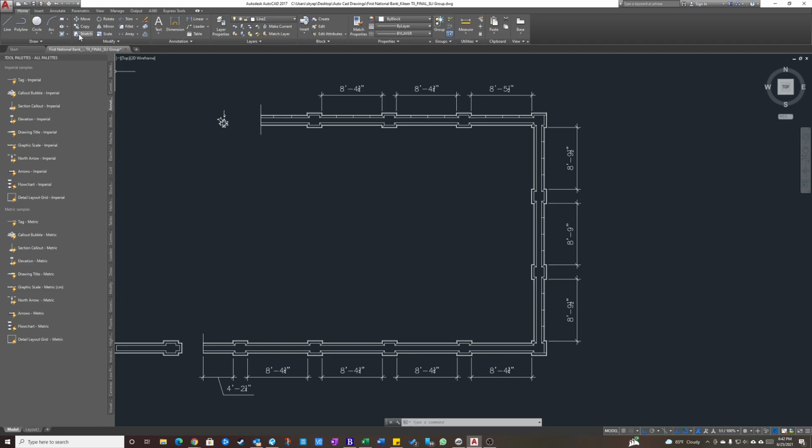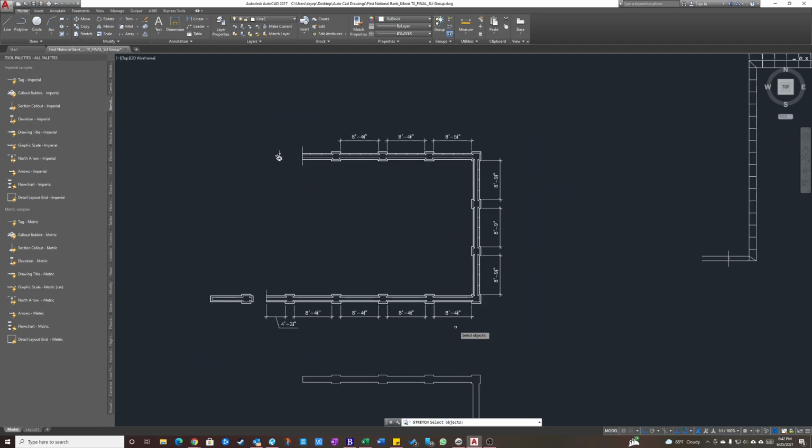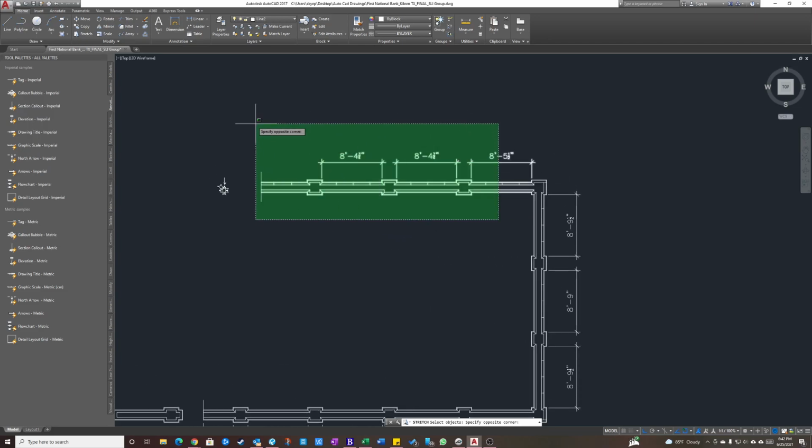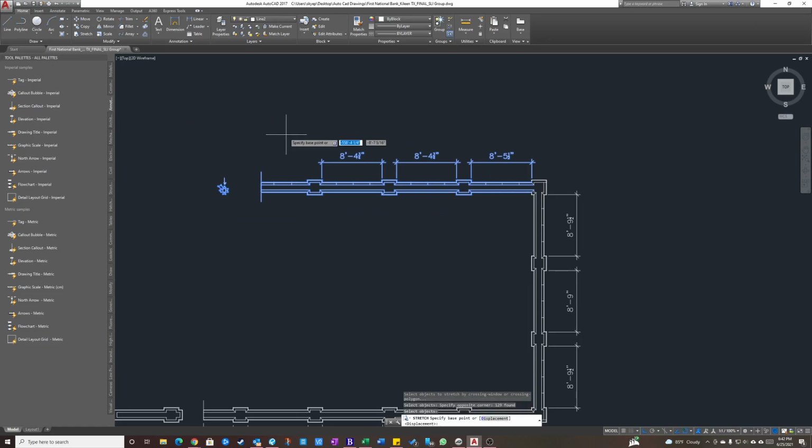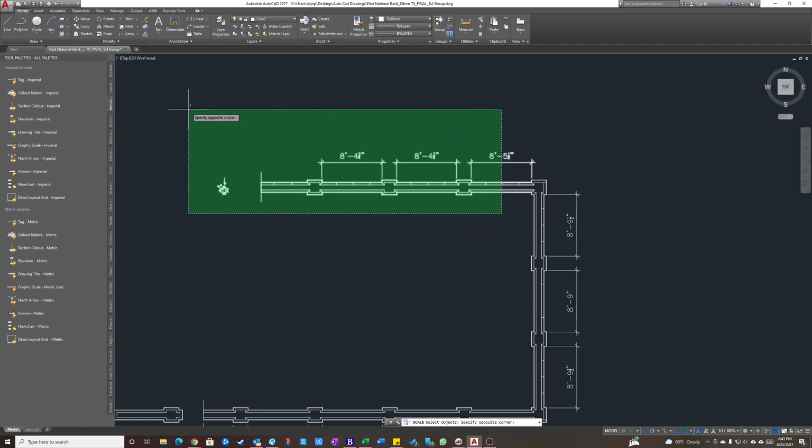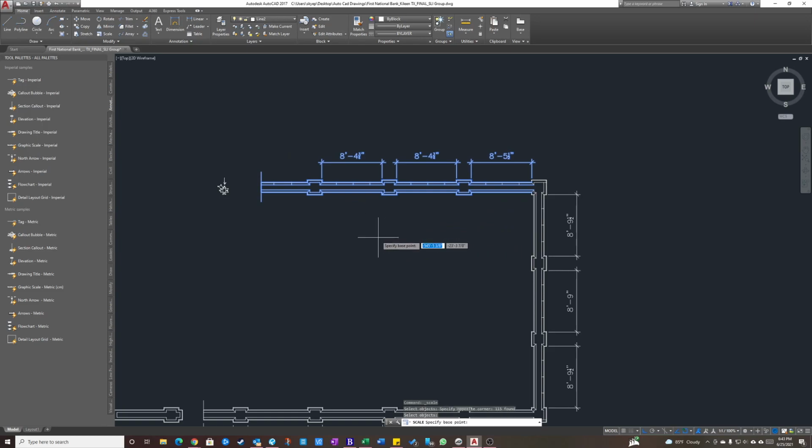So we will have to correct that by using the stretch tool. We don't want to mess with these, so we're just going to select this one. We want to reduce that by what, 3/4 of an inch? So when we use our stretch tool, if you're new to it, you want to select down through the middle of the object that you want to stretch. Make sure you select everything down the line. Otherwise, it'll mess with the next one in sync. So all the way down, make sure it's all selected. Now when you right click to release your cruiser, you're gonna just back up a little bit,